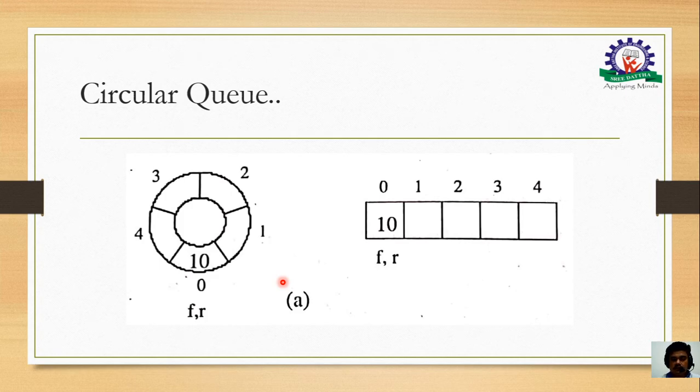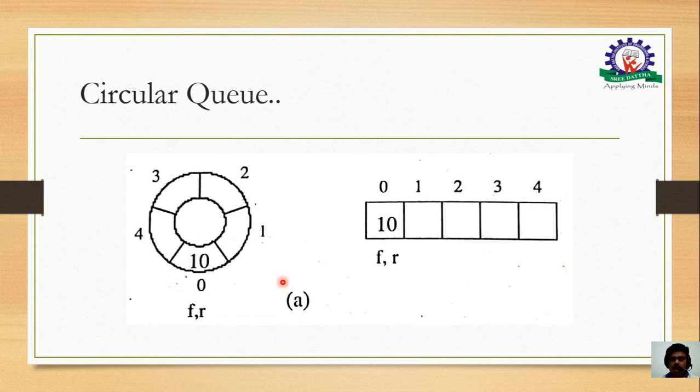Now, as I said earlier, assume that the circular queue contains only one item, that is shown in the figure, 10, in figure A. Note that the value of f and r is 0. We know that an item is inserted only at the rear end, so before inserting, the value of r should be minus 1. That is the default. Initially it will be at the default position, that is the empty queue. So f is equal to 0 and r is equal to minus 1.